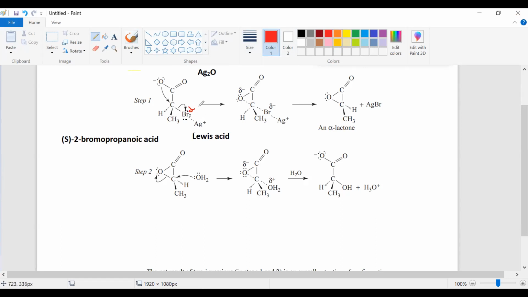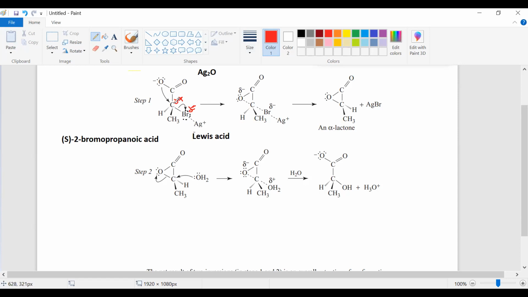Because this is partially negative, this is more electronegative than carbon. So the dipole between carbon and bromine will go to bromine, and this carbon here will become partially positive. And to disperse the partial positive charge developing here, the adjacent oxygen here can share its electrons